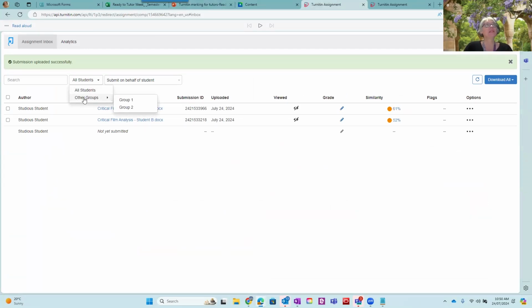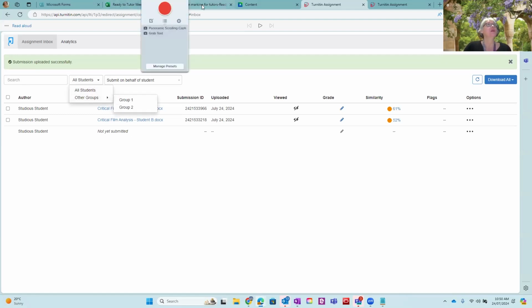So in the assignment inbox. All right. So your students should have the clear instructions to sort of appoint someone in the group to only submit the one submission to Turnitin. You will mark that student's paper